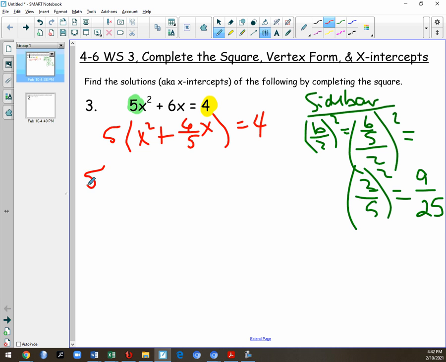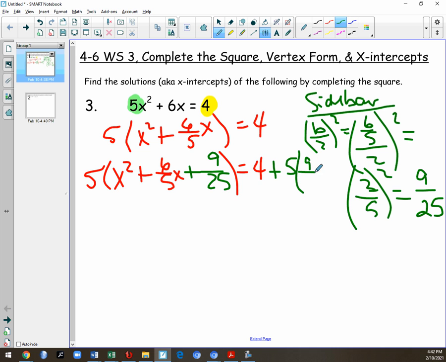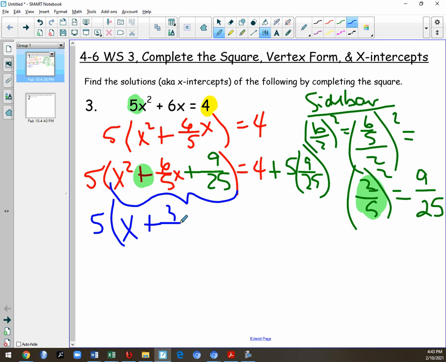Okay? The 9/25 is going to go inside the parentheses. So I'm going to have 5 parentheses x squared plus 6 over 5x plus 9/25 is equal to 4. And then we're going to add to that plus 5 times 9/25. So now the 5 comes down, and these 3 terms are going to be this sign and this number. So that's going to give me 5 times x plus 3/5 squared is equal to,